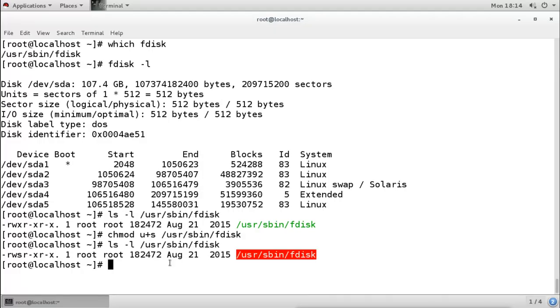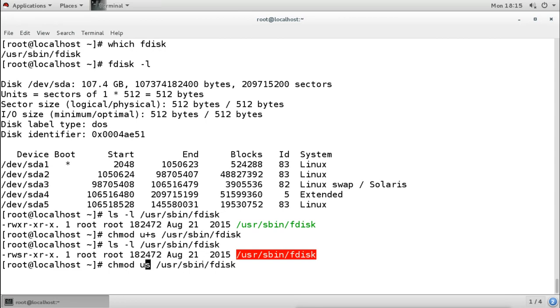Now this is not the way to give the privilege. We cannot say that this is the way we can give root user commands to a normal user. No, it is not like that, because here we don't have any control. We can't control who can run the file and who cannot execute the file.